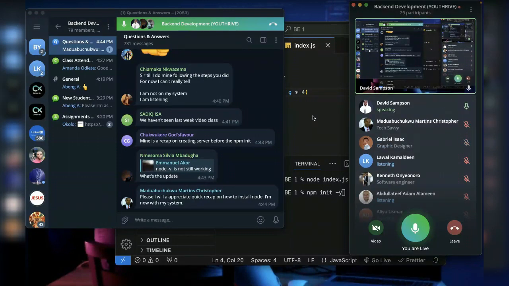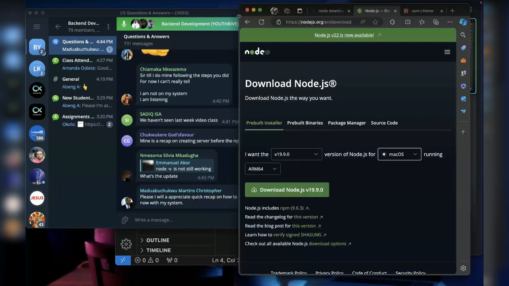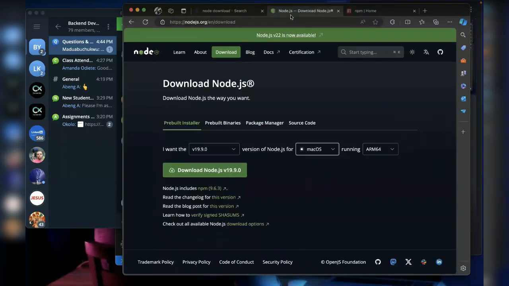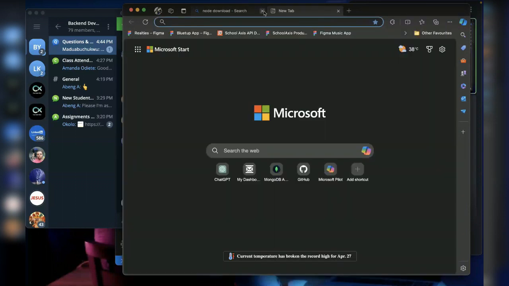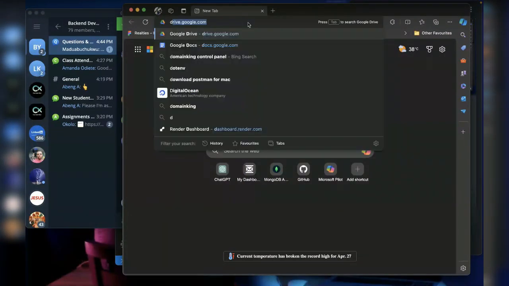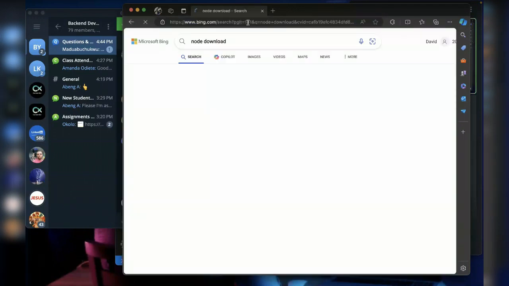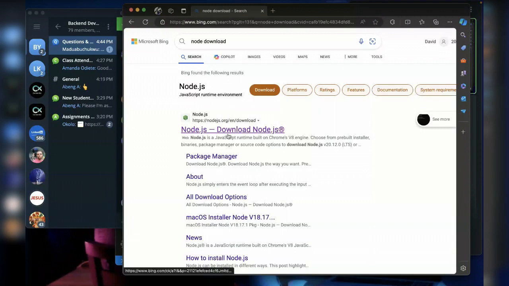Quick recap on how to install Node. Now, to install Node is very simple. Depending on the operating system you are using, just type in Node download, and then hit enter. Then you should see this or see the download button. If you see this, then you click on it. It will take you to the